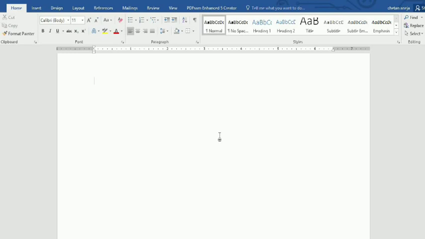So this is what is written in your book also. In your book also the same thing is written, how we can add a table, how we can insert the rows, how we can insert the column, to delete them, to split them, each and everything. So let me tell you again quickly how we can insert a table.